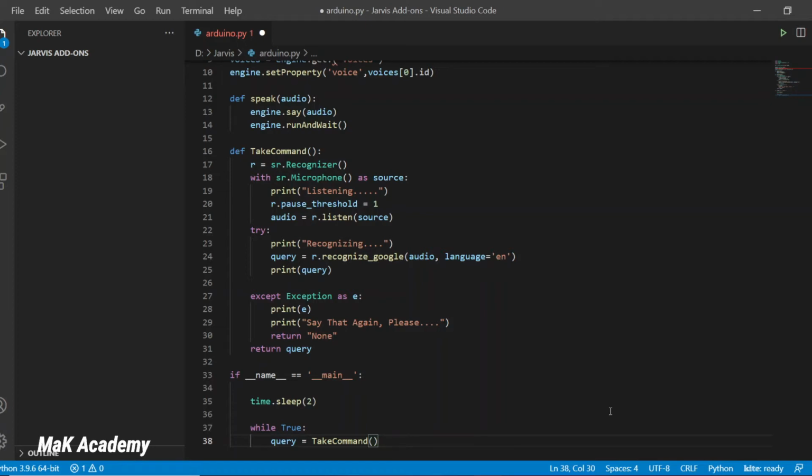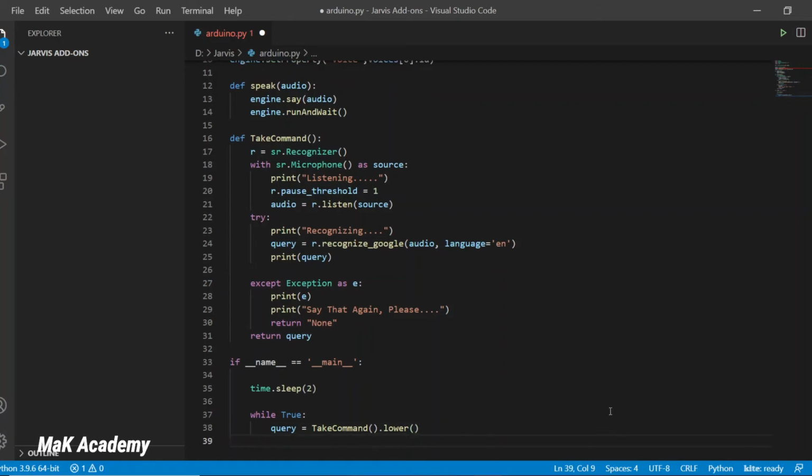So there is no way to predict whether it will understand the word as all lowercase or all uppercase. To get rid of this error, we will call another pre-built Python function, lower, with the take command function. What this function does is simply convert all the letters present in the variable query to lowercase letters.